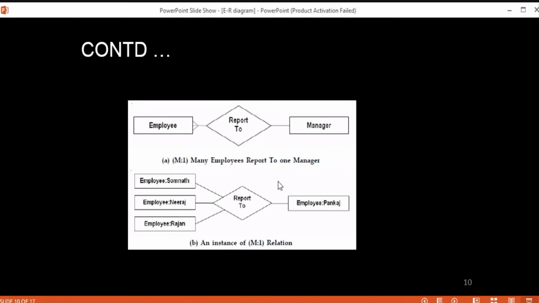Similarly, in this particular scenario we have only one manager, because our relationship is saying that many employees are going to report to a single manager, so there will be one instance of that manager also. So the relationship of that instance of that entity can be represented using this column, with whatever the instance name is there. Okay.